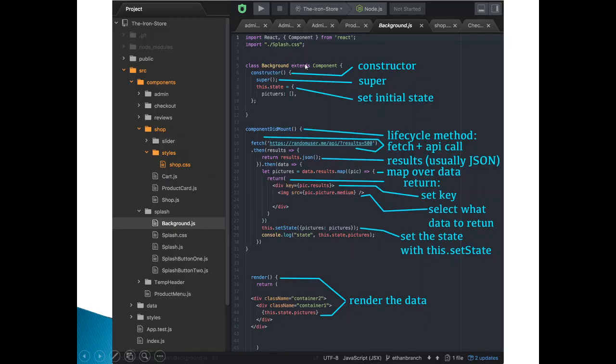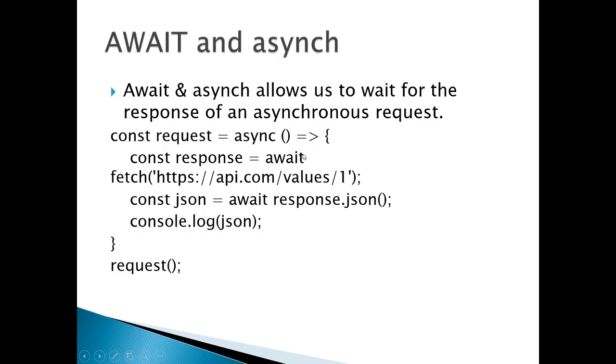You can see we have this.setPictures, and before that what we have done is fetch our REST API from componentDidMount, and whenever the result is available, we converted that result into JSON, and then we used the data returned from this JSON to map each element of the picture and display it, or whatever we want to do with that data. So this is a way in which we can fetch information from our REST API.